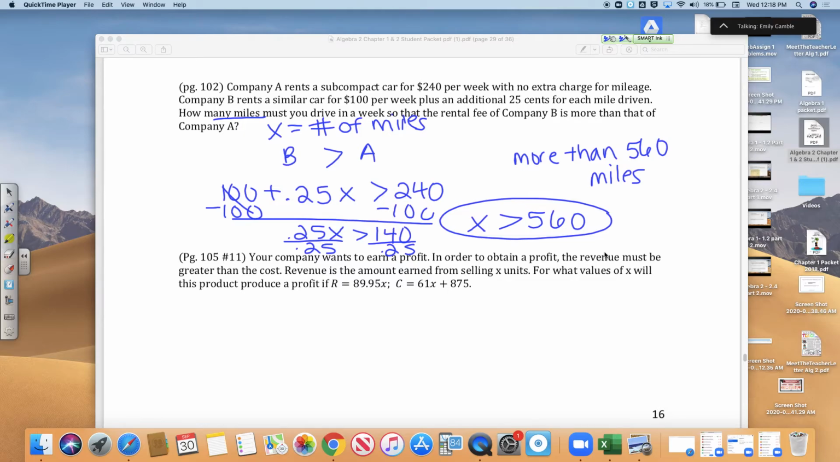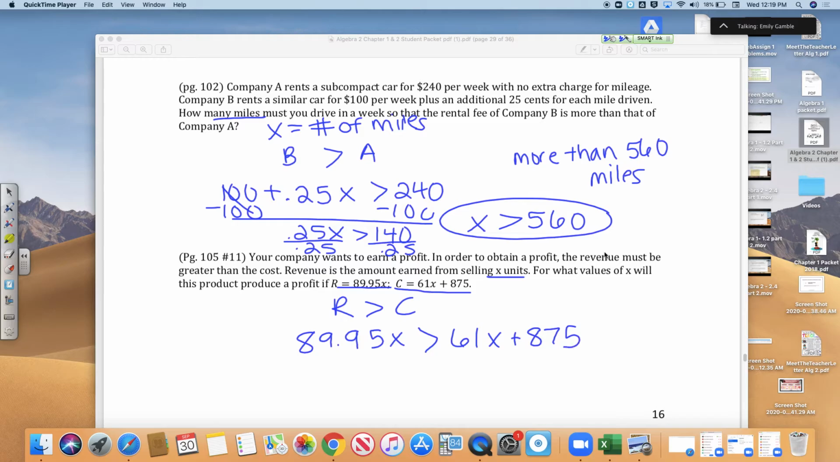All right, if you think you're ready for a challenge, press pause and try the next one on your own. All right, let's go over the next one. Your company wants to earn a profit. In order to obtain a profit, the revenue must be greater than the cost. So revenue must be greater than the cost. Revenue is the amount of money earned from selling X units. For what values of X will this product produce a profit if R is equal to this and C is equal to that? So basically we just have to replace in the little expressions for each variable R and C